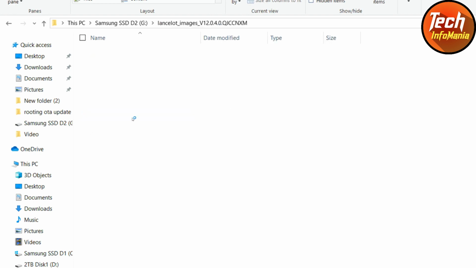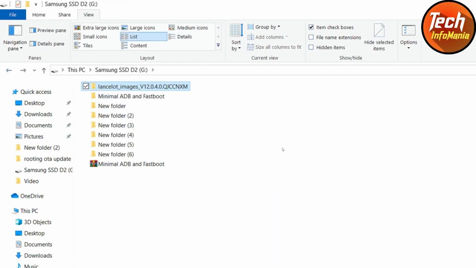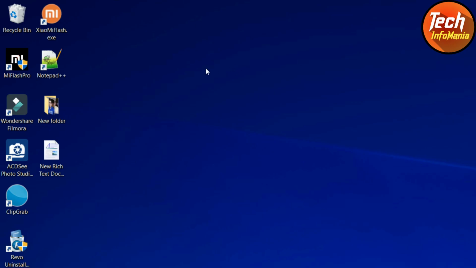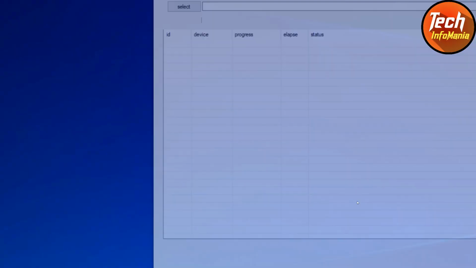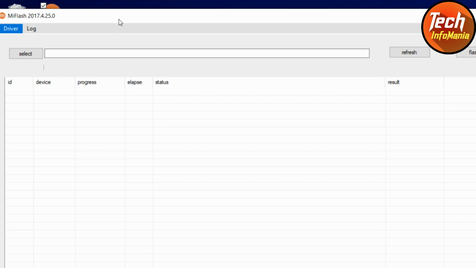Now double click the folder to check that all the files are there. That's good. So far the thing is going well. Now go to my desktop and double click on the Xiaomi Flash icon, which is located on the desktop. Then click yes on the other window and the Mi Flash software will open.